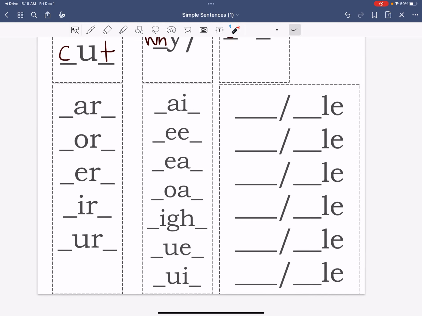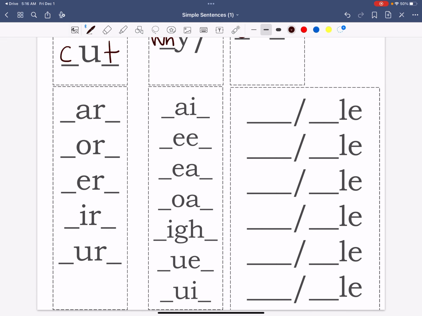The next syllable types, we call them the bossy R's or the R controlled vowels, or there's many names. But basically, the vowel is next to an R. And that's important because it changes the sound of the vowel. So instead of saying like apple, we say R, like R made it like a pirate. So R, we have the next one is or. And then these three right here, you have to be really careful because I know we want to